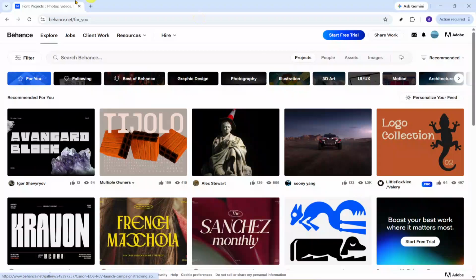Hello, today we will guide you through how to download Behance fonts. To get started, open Behance and go to the main For You page. This is a good starting point because it gives you access to the platform's search tools and featured creative work